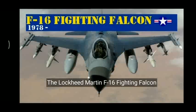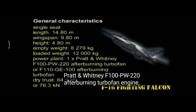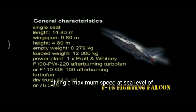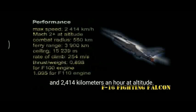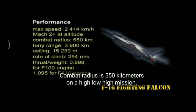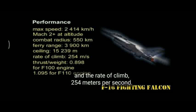The F-16 Fighting Falcon is a multi-role fighter powered by a Pratt & Whitney F100-PW-220 afterburning turbofan engine, giving a maximum speed at sea level of 1,460 km an hour and 2,414 km an hour at altitude. Combat radius is 550 kilometers on a high-low-high mission, service ceiling is 15,239 meters, and the rate of climb is 254